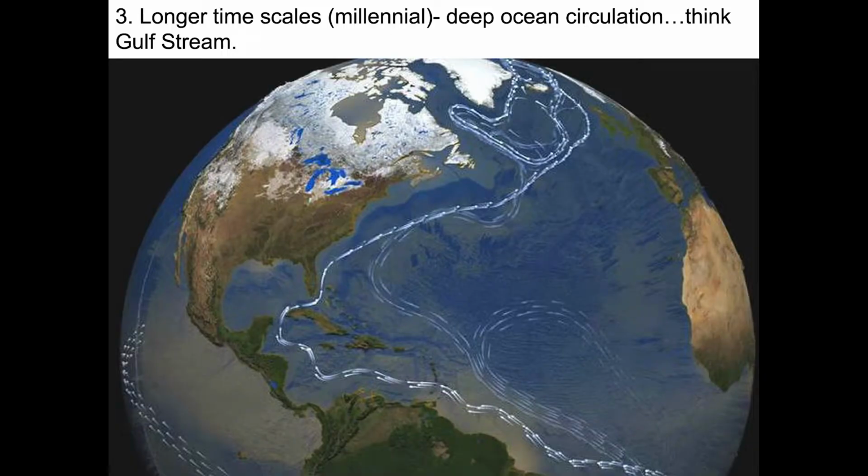Number 3, longer timescales. These are 1,000-year, multi-1,000-year timescales. Include changes in deep ocean circulation. Our best known example of an ocean current, at least from our perspective as North Americans, is the Gulf Stream. And you can see that transecting here from the Florida Straits past the east coast of the United States up to maritime Canada, ultimately splitting up around Iceland, becoming part of the North Atlantic Drift, ultimately getting entrained in the East Greenland Current after it submerges.